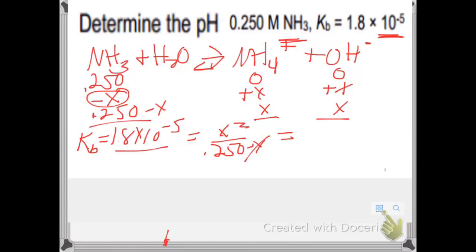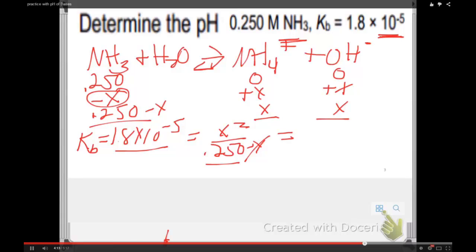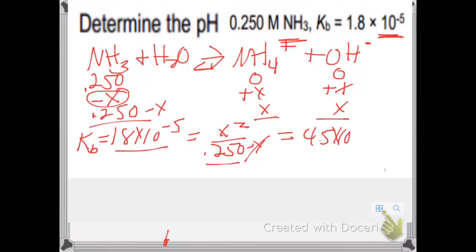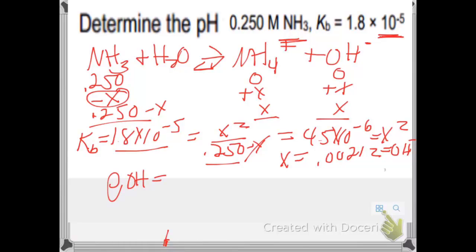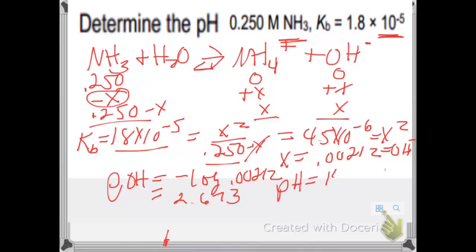So if I cross multiply 1.8 times 10 to the minus 5 times 0.25, I'm going to end up with, let me see, 4.5 times 10 to the minus 6 is equal to X squared. If I take the square root of both sides, I'm going to end up with X equals 0.00212. And that's my hydroxide concentration, right? So my pOH is going to be the negative of the log of 0.00212, and that will be 2.673. So my pH is going to be 14 minus 2.673, or